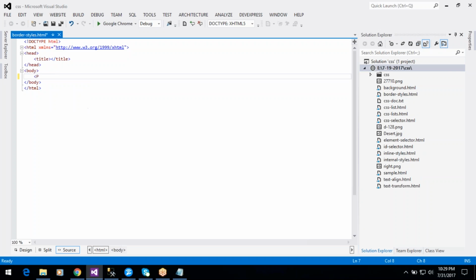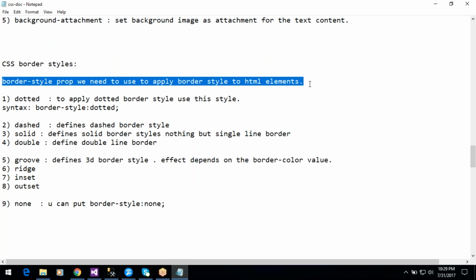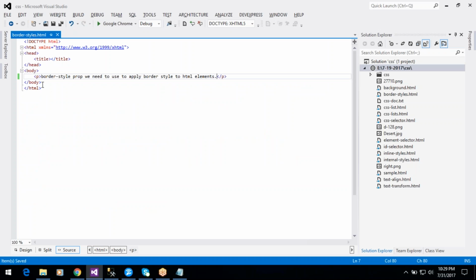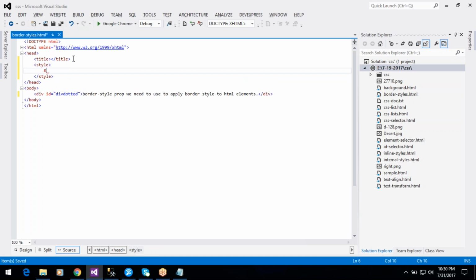Okay, next one paragraph. Paragraph or div tag, anything we can use. Div tag and id equal to div dotted. Okay, this is the id of the div. By using this id, we can apply CSS properties. Write CSS properties by using the id selector, div dotted,